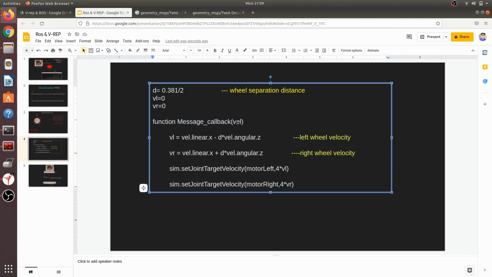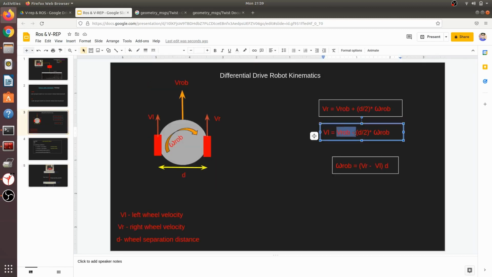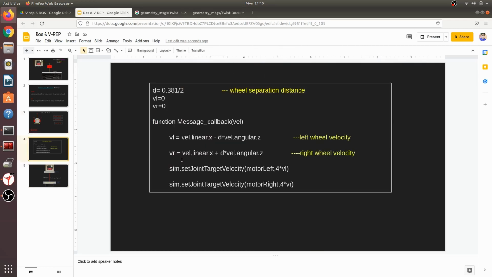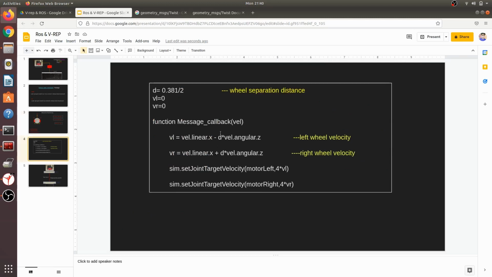Right now we won't focus on this function. Now let's compare this. This is the linear velocity, the left wheel velocity, and this is the linear velocity, with which this is the angular velocity. Okay, so this is the same as what we did in our formula. Look, this is the robot velocity minus d times omega. In the same way, this is the right wheel velocity plus d times the angular velocity. Look, right wheel velocity plus d into angular velocity. So I hope up to these two points is clear.